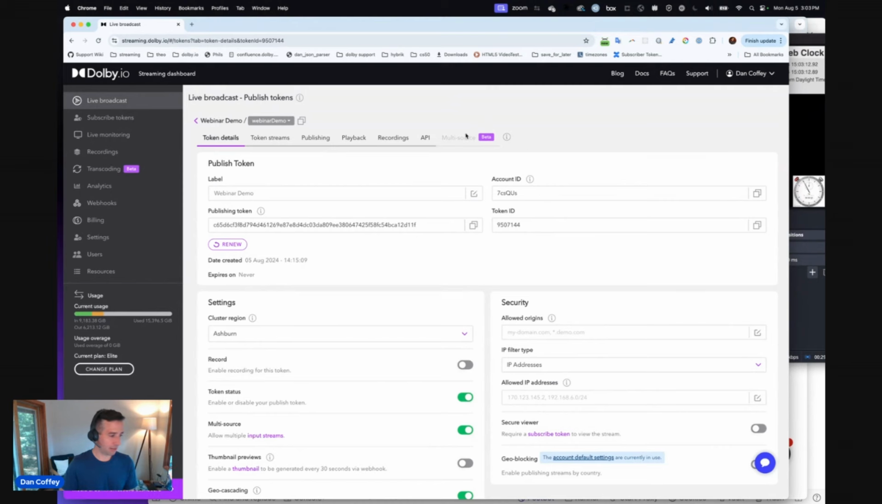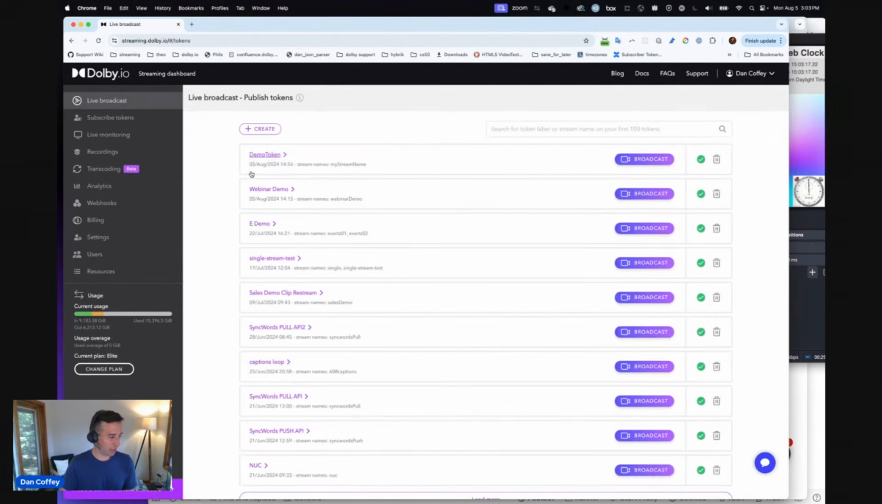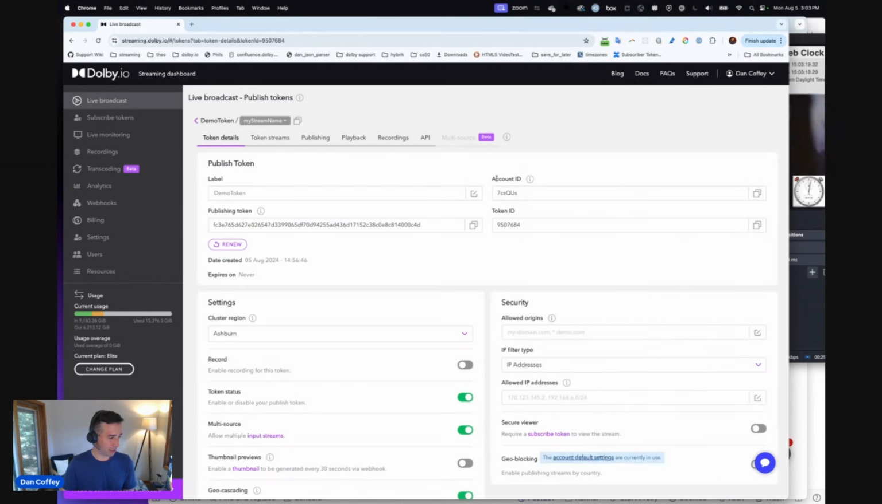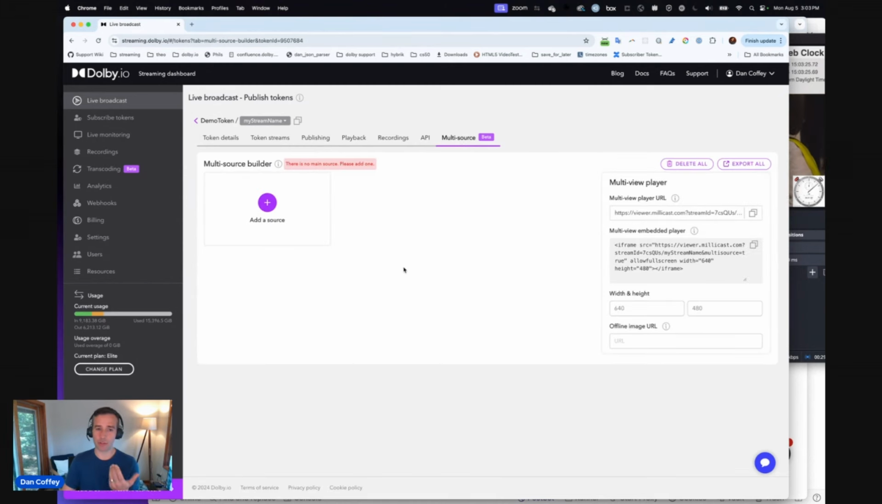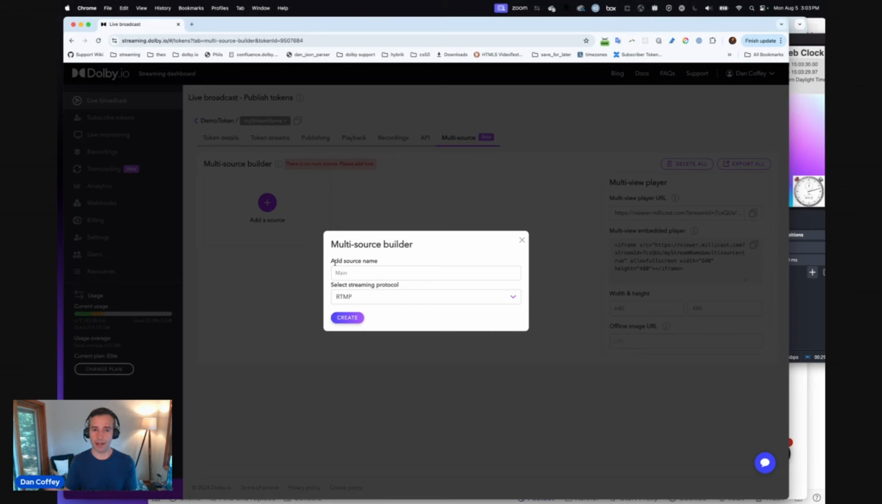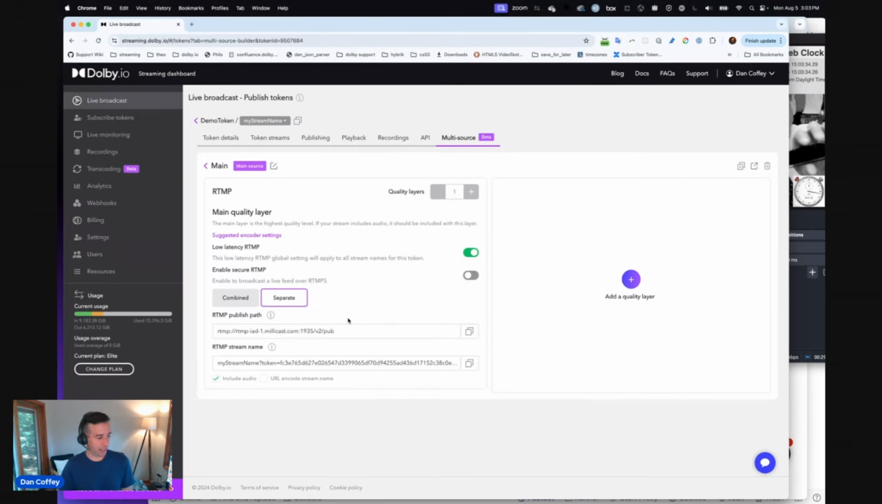I can't use this one because it doesn't work with our transcoder. But what we can do is go into another token that I have. We'll turn off transcoding and the publishing, and now multi-source builder is available. So the way the multi-source builder works is I can add a source. Think of this as your main angle, your first angle. I'm going to send that in with RTMP. I'm going to hit create,